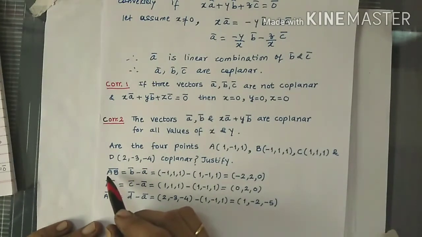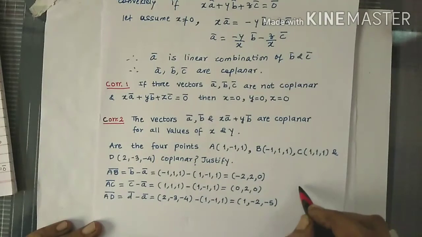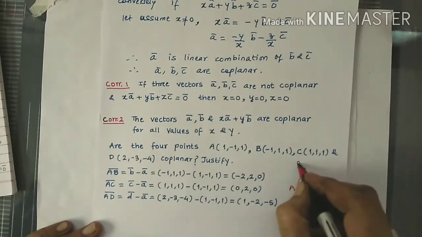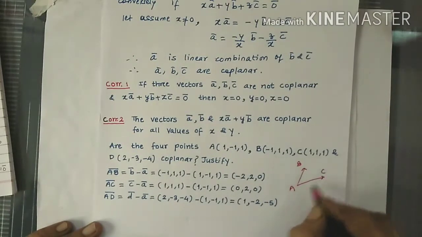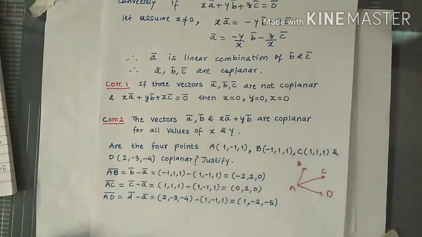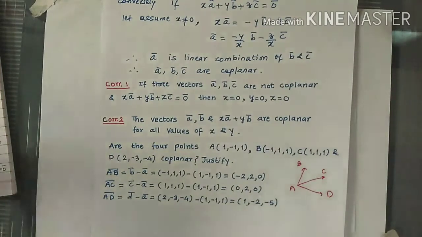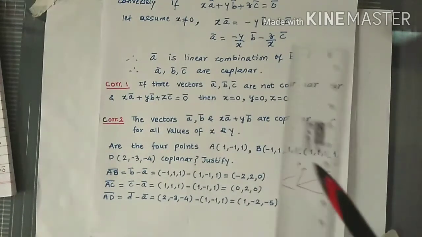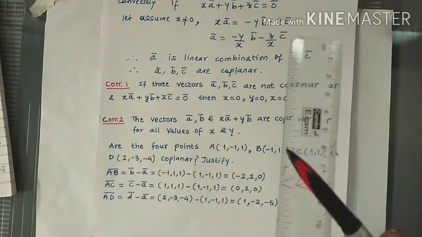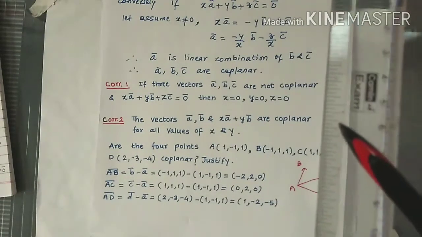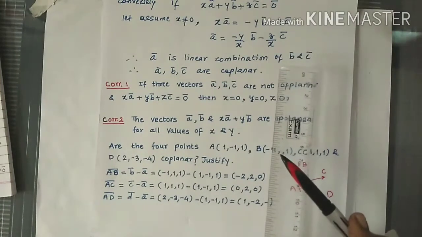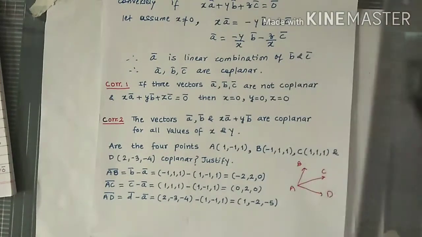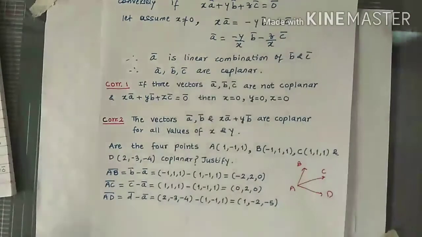and that too we are keeping point A common, because see here, if this is point A, then this is AB bar, AC bar will be like this and AD bar will be like this. Because coplanar vector means what? Coplanar vectors are the vectors which lie in the same plane like this, or they lie in a parallel plane like this. So this is a plane parallel to the plane of the paper, and this is one more plane parallel to the plane. So if you take any vectors which lie in parallel planes, they are coplanar.